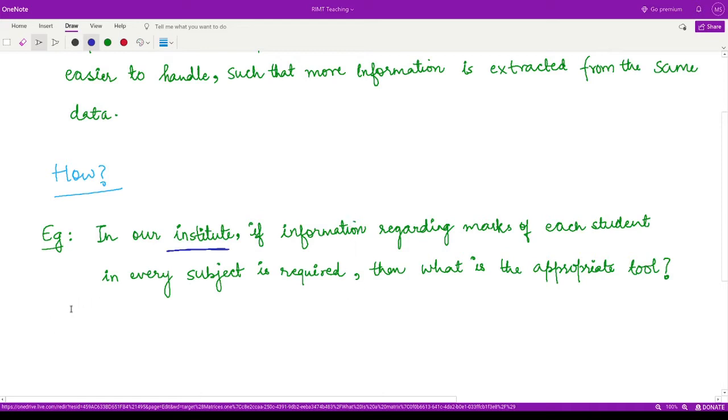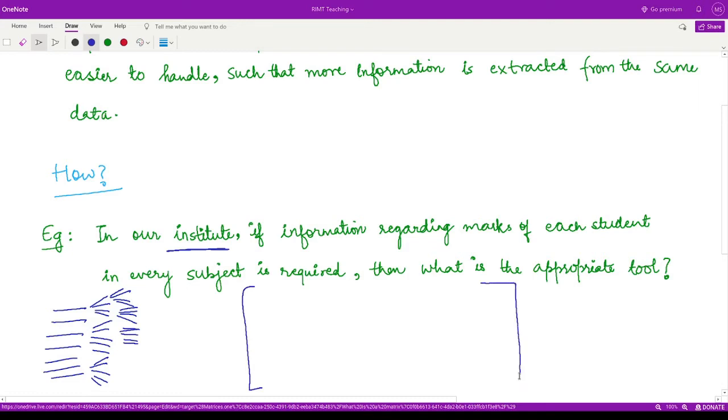Now this would be because there are so many classes, there are so many courses, and for each course you have so many subjects. So you see how many such data is going to be available to you, right? So now what you can do, you can create a very large matrix for that.